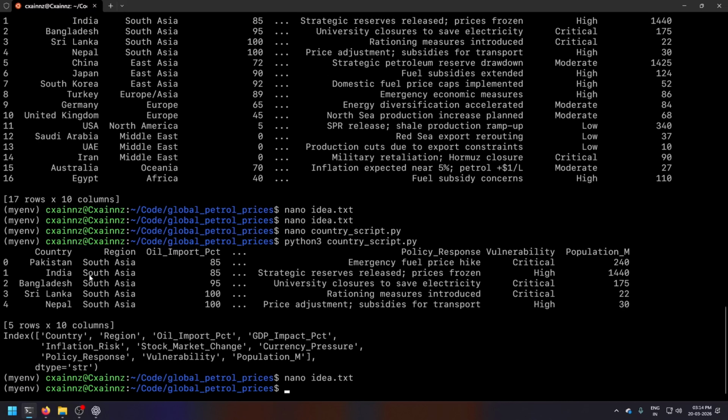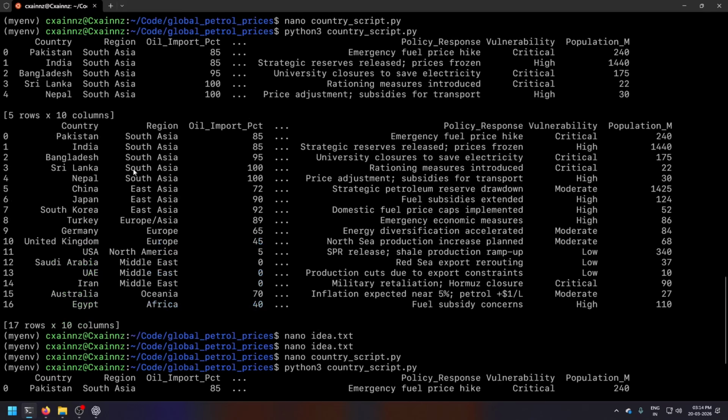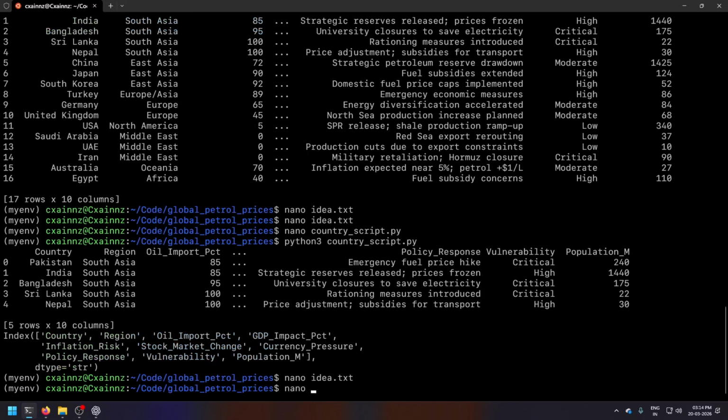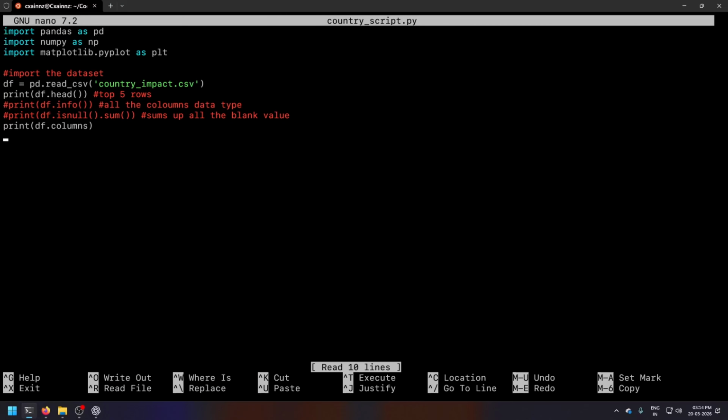Which region suffered the most can be seen over here if I plot two things: the region and the vulnerability. So what if I try to print the first thing, the region, and the second thing, the vulnerability.